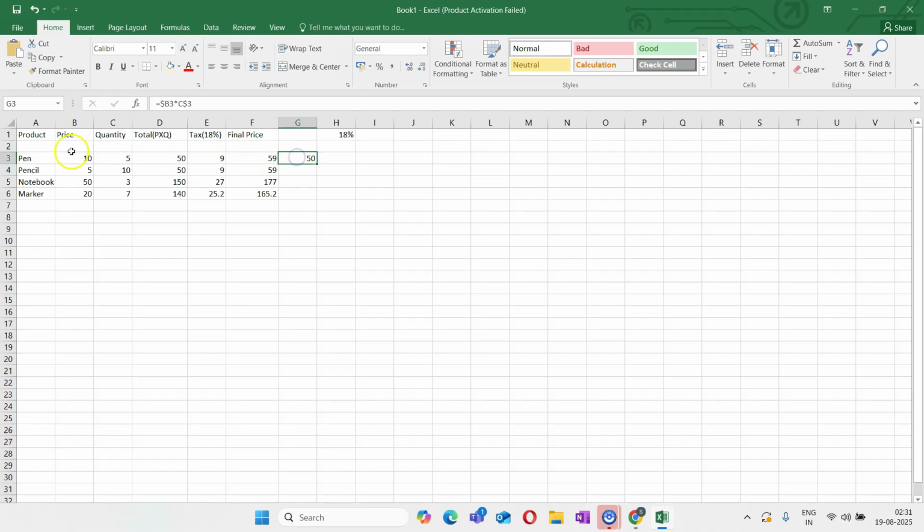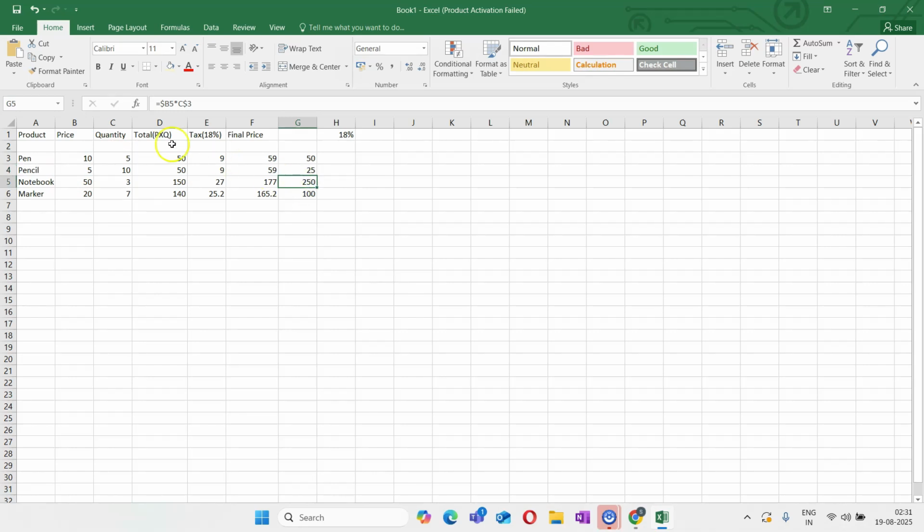Answer is 50. What is happening here? 10 is getting multiplied by, what is the next? So next would be, if I just drag it down, you will see it is changing. How? In the next one, what happened is B is obviously fixed. So 10 is fixed, but the row is changing, right? Column is okay, but the row is changing. So my row became 5. And then what is the next one? C3. So C and the third row. Column is C, but the third row. So row will always remain same, but the column can change. So here 5 is getting multiplied by 5. That is why the answer is 25.